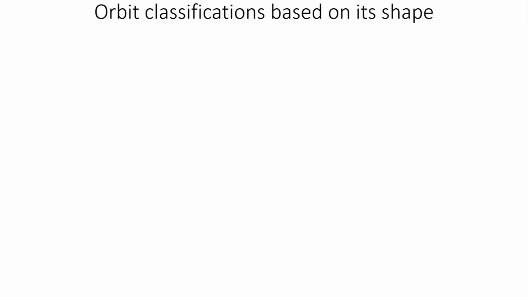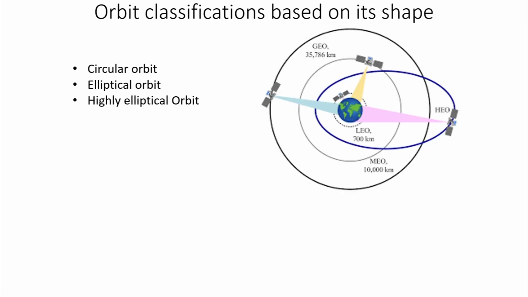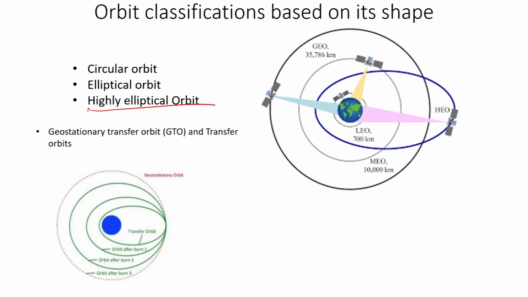Now, that was based on the altitude; now the orbit classification based on the shape. We will consider two shapes, that is the circular orbit and the highly elliptical orbit. So, this shows the different types of the orbit, based on the shape. There is one more type of satellite orbit, generally the elliptical orbit, highly elliptical orbits. This type of orbits are used. So, you can see this is called the